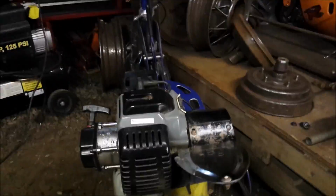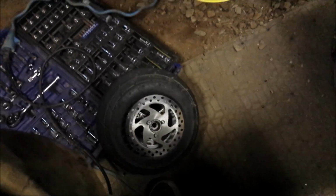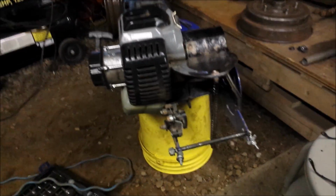And then we'll get to some more scooter rides with new bearings in the wheels. You know, it won't be so loud. I did fix the front one. The front one's all set. Now, you know, Murphy's Law, the back one broke, so we'll get to that. I don't know what I showed you, but I got her back together,